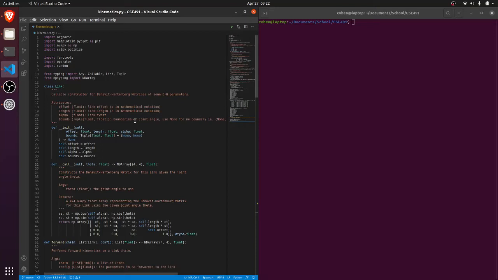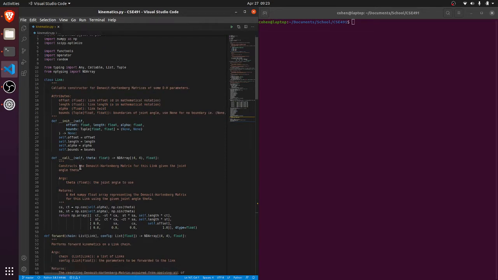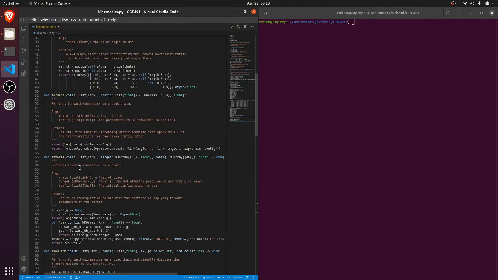Okay, so in this project I have implemented some generic solutions for forward and inverse kinematics of a robotic arm. The links in a robotic arm are implemented basically as a function that you can call to create a Denavit-Hartenberg matrix for a specific joint angle. And when you take a sequence of these links together, you get what we call a kinematic chain, which you can then forward a joint configuration to essentially get a series of matrix transformations that, when applied sequentially, will basically do forward kinematics for you,